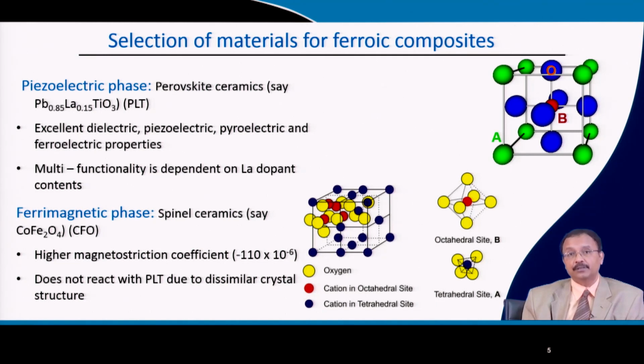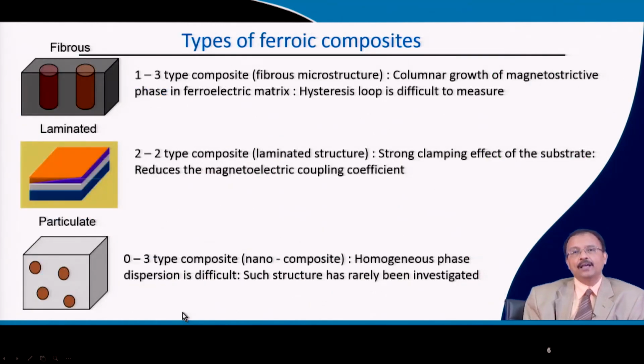So, they are two dissimilar materials, and as you understand, when you mix them together, it can form a compound, it can form a solid solution, or it can form a composite. In this case, since the crystal structures are very different, one is perovskite and one is spinel, they do not react to form a compound. So, it remains a dissimilar kind of structure. This distribution of one phase into the other could be of various types,